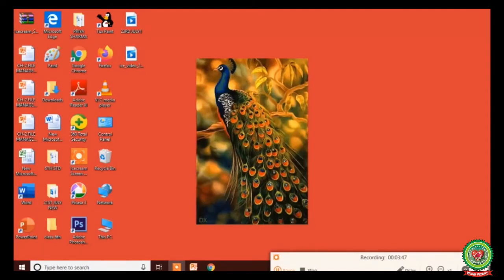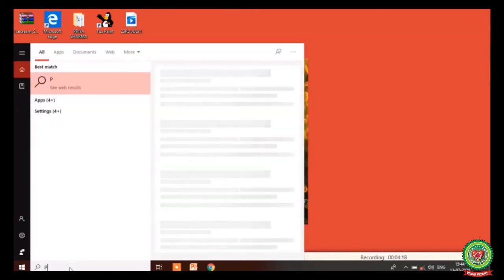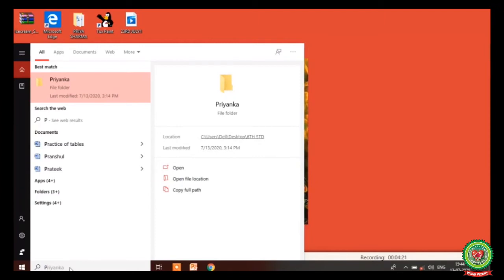Now here you can see, click on the search box and type the name of the file that you want to search. For example, I know only the first letter of the file that I want to search, that is P. Here I have fixed the first letter P. Now I will write the asterisk sign, which means after P any number of characters can be there in the file.